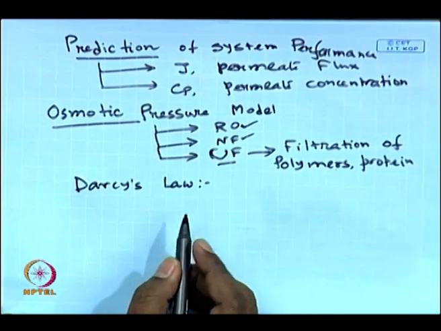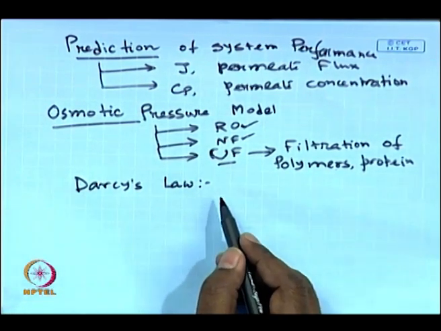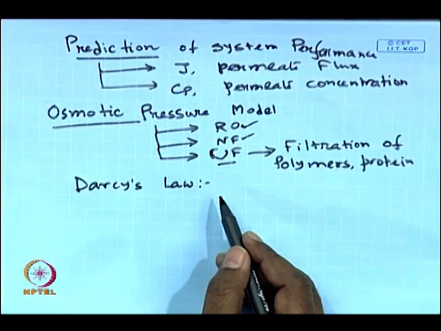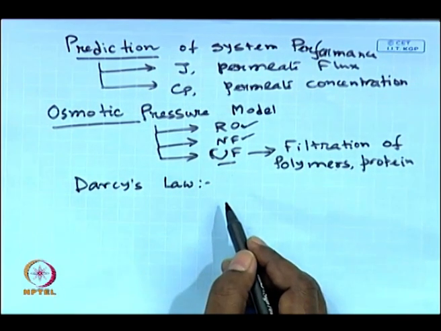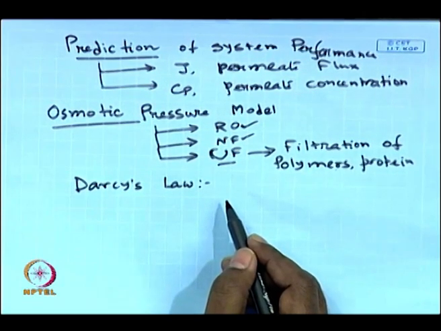Okay. So, as we have discussed in the last class, any membrane based model will have two distinct parts. One is the model that will be simulating the flow outside the membrane channel, which includes the fluid flow and mass transfer, and another that will be coupled with the fluid flow phenomena happening within the porous membrane. So, these two will be coupled and one will get the system performance.